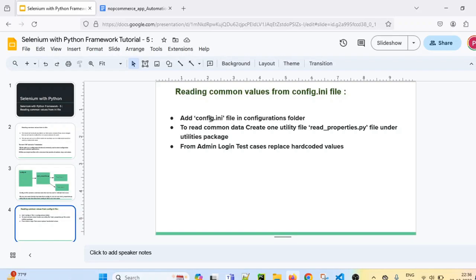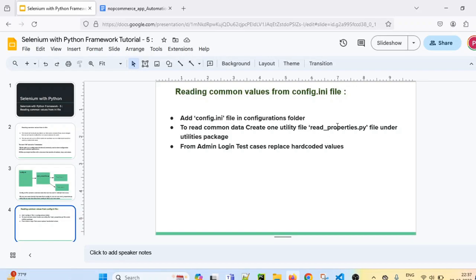And we cannot read config.ini file directly. So to read the common data which we have placed in config.ini file, we have to create one utility file under utilities folder. So what we will do, we will create one read properties.py file in utilities folder or utilities package.